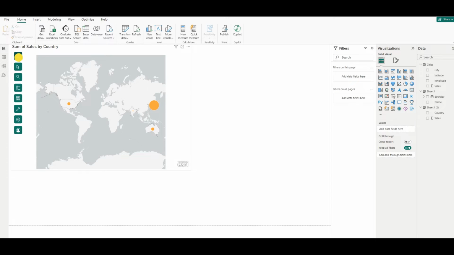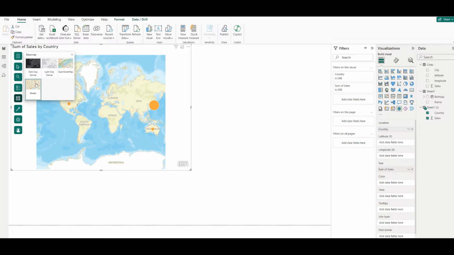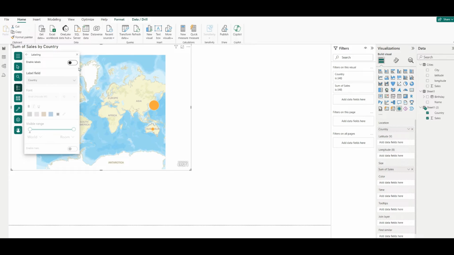And then if you select here, there are certain options that you have. If you select this one, you can use different types of base maps. So let's say we can use streets, whatever we want. And then if you see this one, you can label this. If you enable label, then the countries that are in the dataset will be